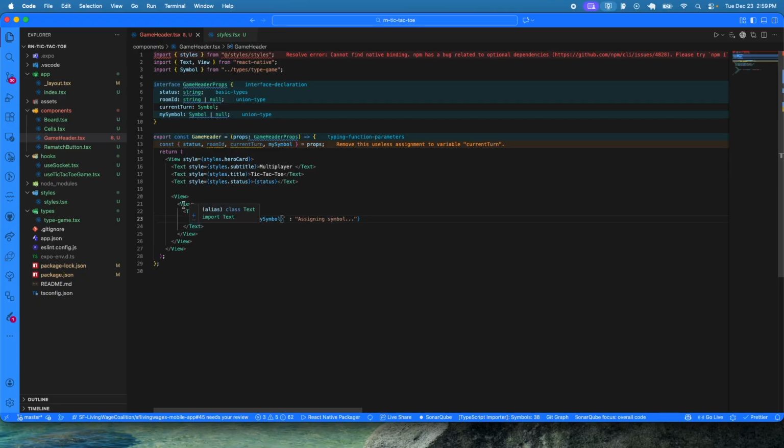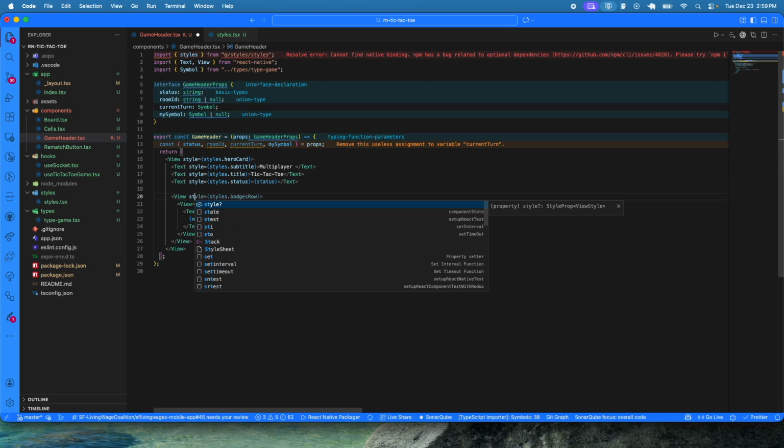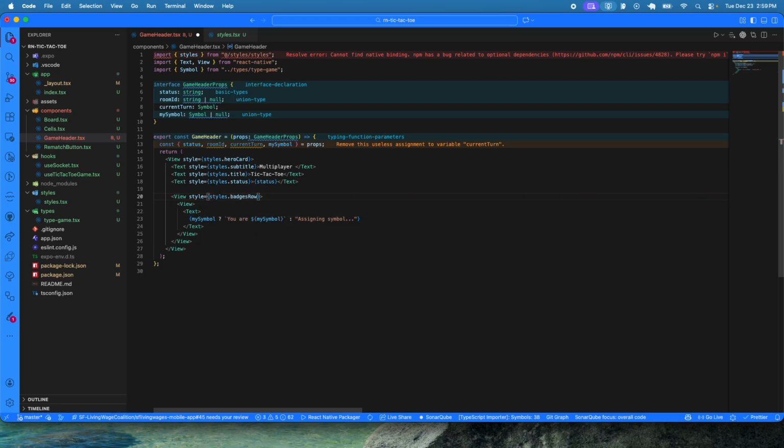And then we need to give it some styles, and we are going to use the batch row. Here we're gonna use style equal styles.batch, and also we are gonna add another style to this. So basically we need to use an array, right? An array allows you to add more styles, not only one, based on the condition or simple, just add another style. So in the other style it will be styles